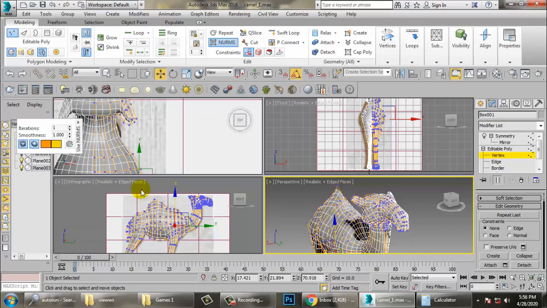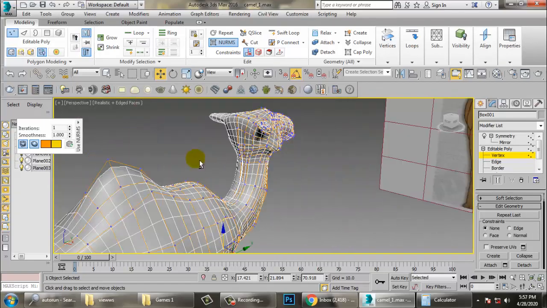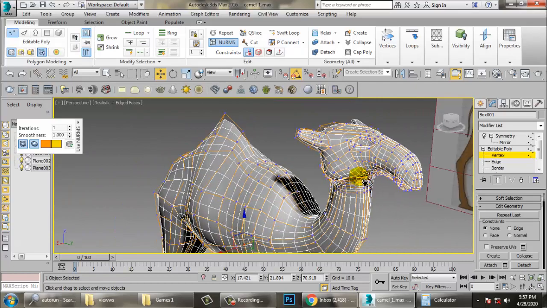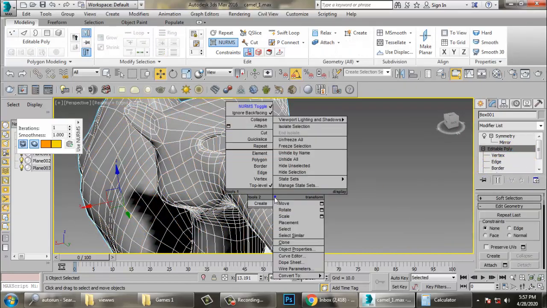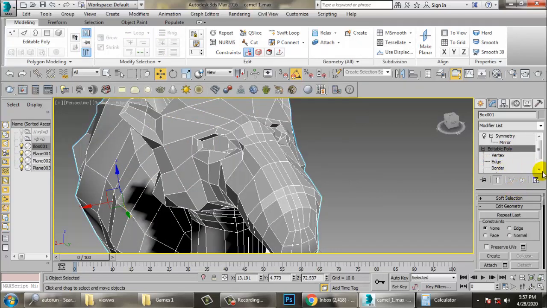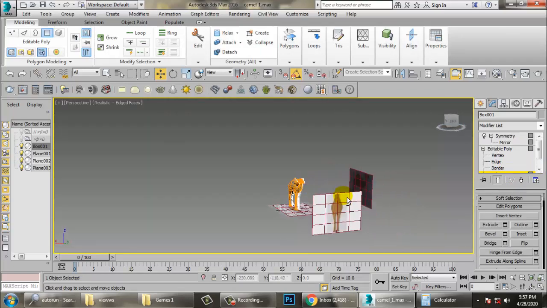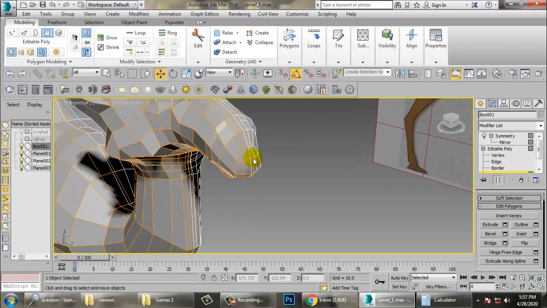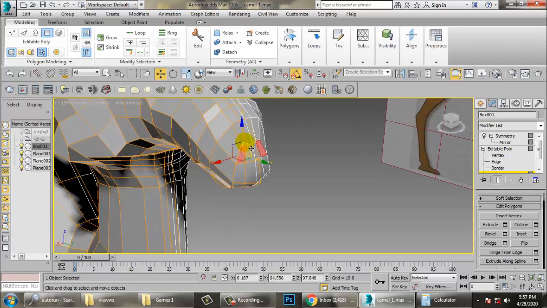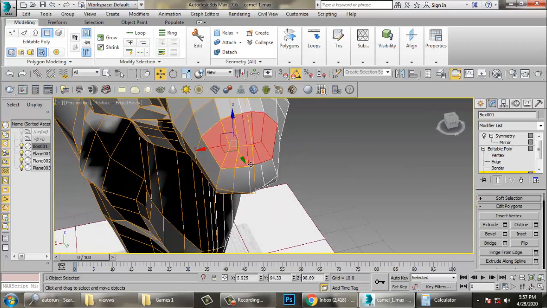For the nostrils over here, let's come out of this mode, select the polygons. For that we are going to use this 3 over here and just inset this.